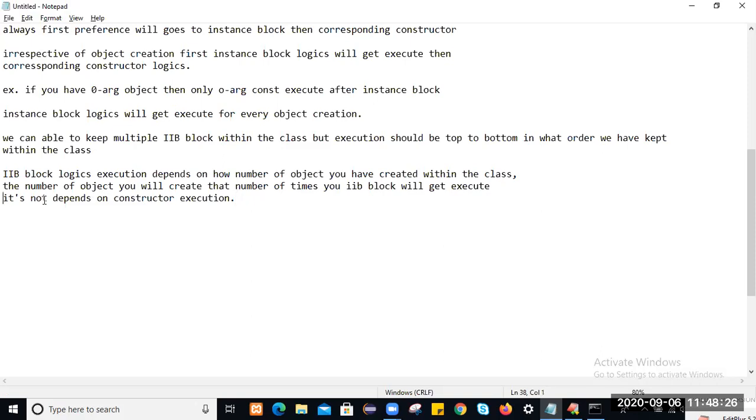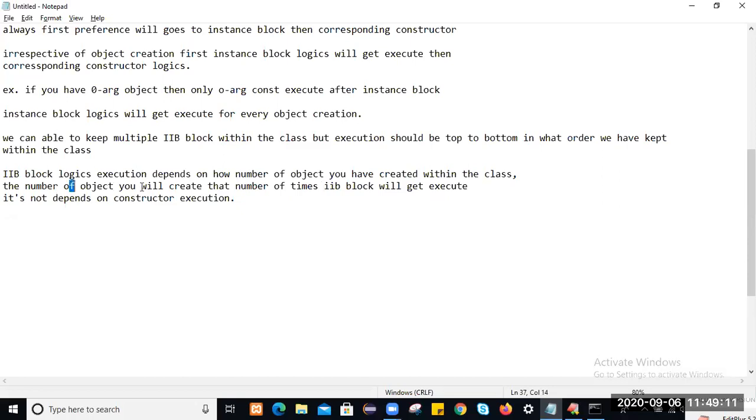So IIB block logic execution does not depend on constructor execution. It depends on how many times you create the object. The number of objects you create, that number of times the IIB block will get executed. So it's not dependent on constructor execution. It depends on object creation. Its execution depends on object creation.